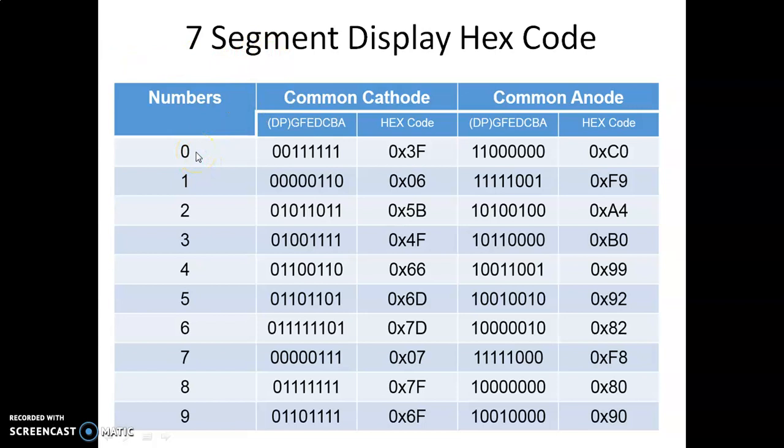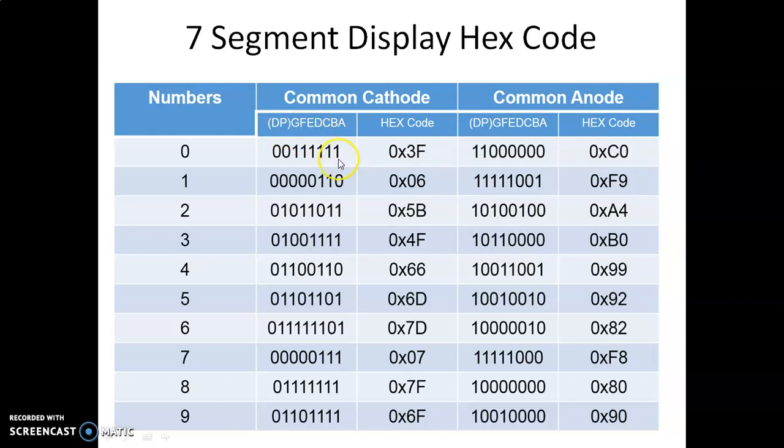I think you have seen this 7 segment at the petrol pump also, where they are using the 7 segment, and maybe it is 4 digit, like this. So what is the logic 0? When we want to display logic 0 on 7 segment, these are the different segments which are shown here: A, B, C, D, E, F, G, and this is the DP, that is the decimal point.